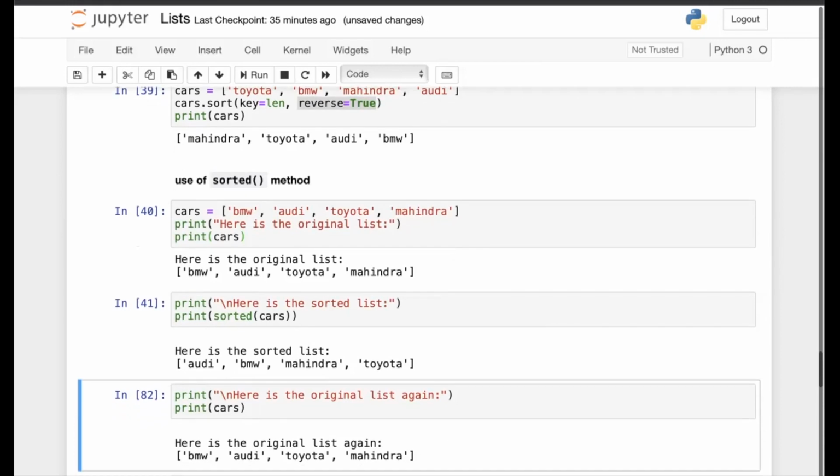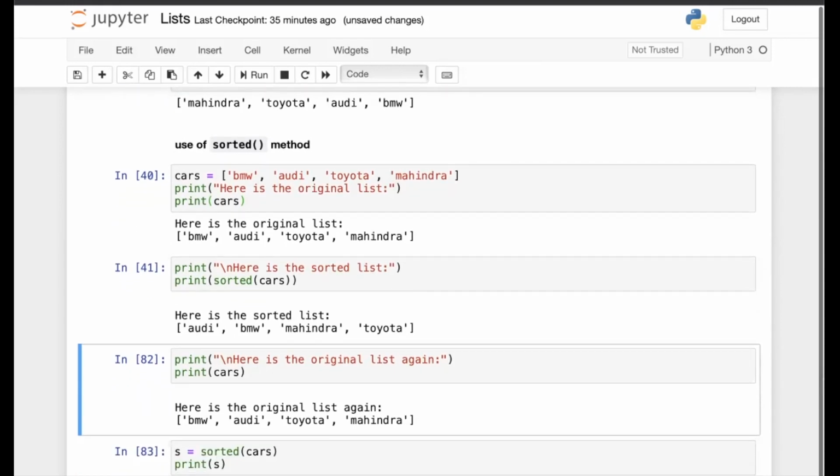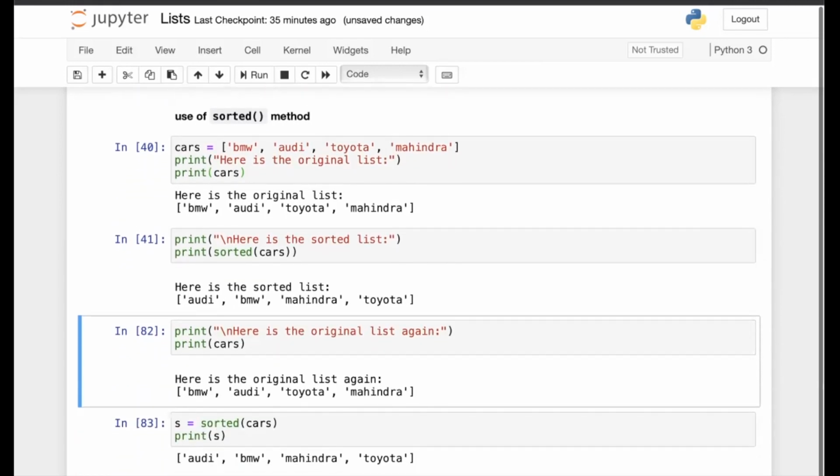But now, when I try to print the original list, it is the same. So the contents of the original list are not affected. The sorted method creates a new list, and the contents of that new list are in the sorted order.